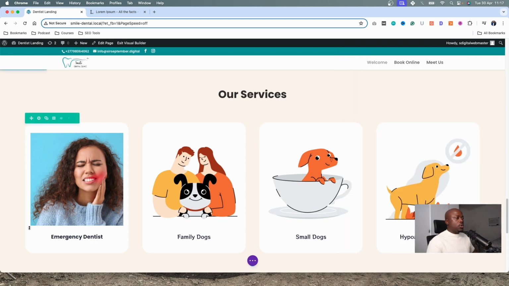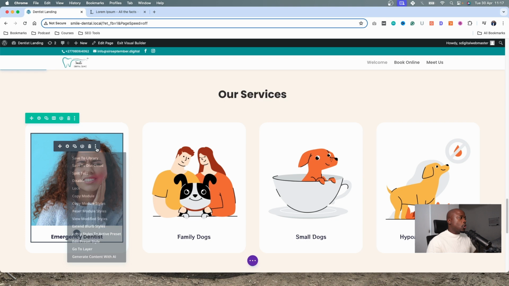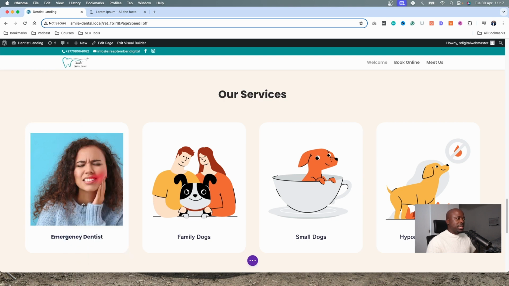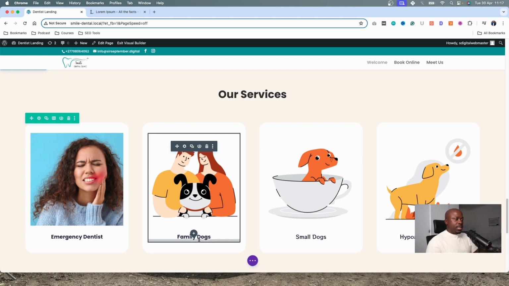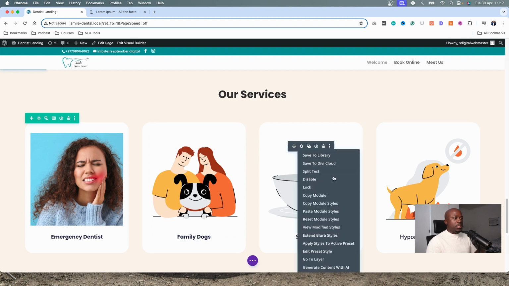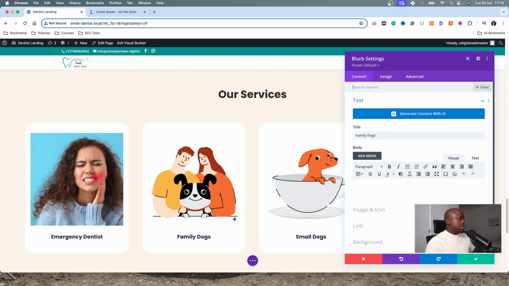All right, so instead of doing that over and over again, I'm just gonna hover over the module, copy module styles, and go to this module, paste module styles. That family dogs, as you can see now, it's Poppins. Paste module styles, as you can see, it's Poppins. Paste module styles. We're gonna go to settings again, change this one to teeth whitening,